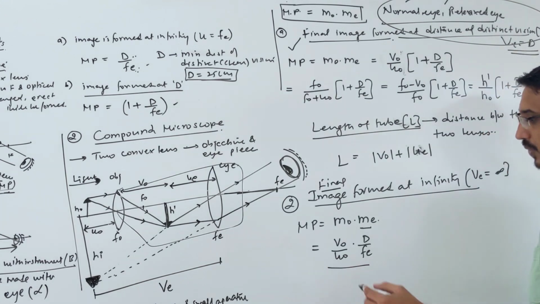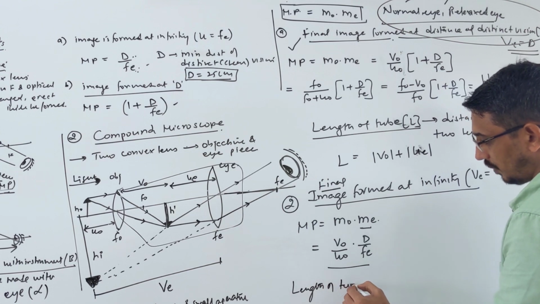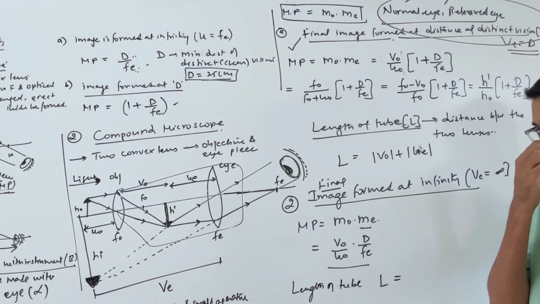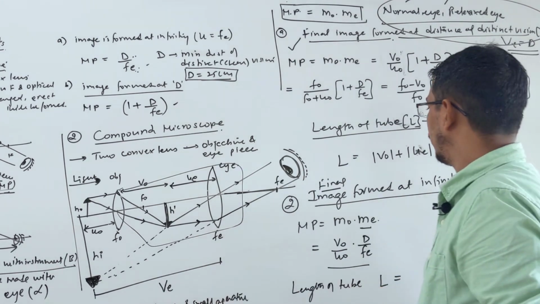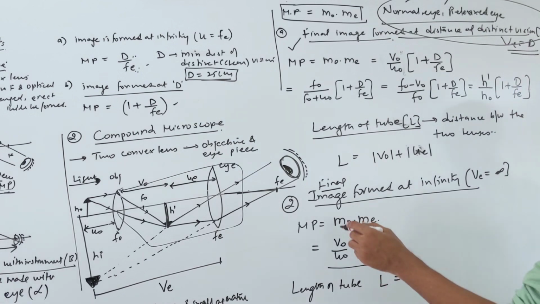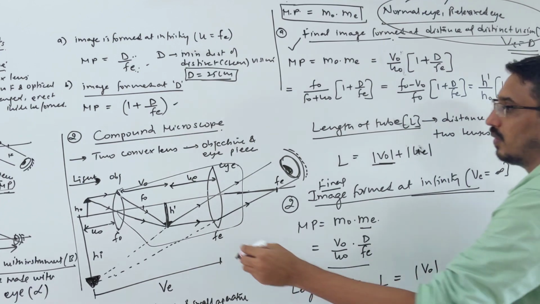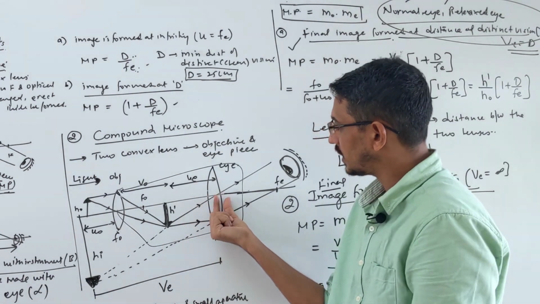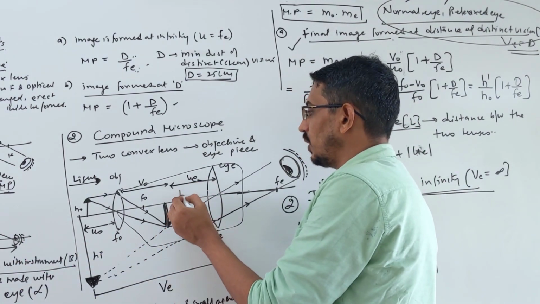If they ask what is the length of the tube, which is called L, what is the answer for L? Look here. If you watch carefully, they said final image formed at infinity. V naught remains the same, this is your V naught, like the first image formed at the distance. Now the final image due to this lens is formed at infinity. Means where this object is placed, U should be equal to